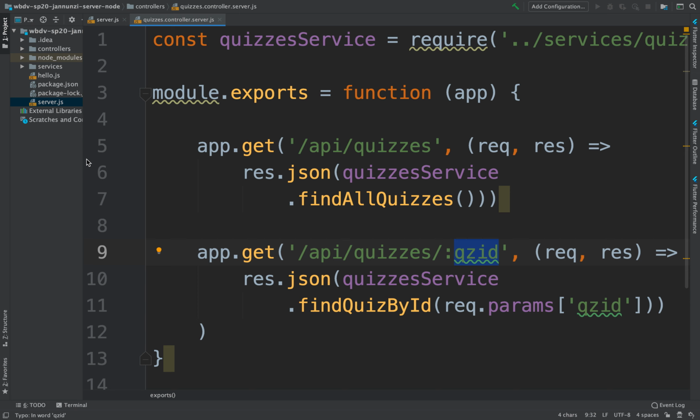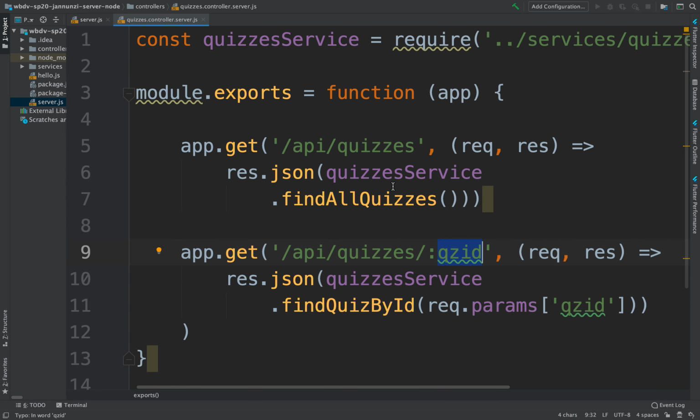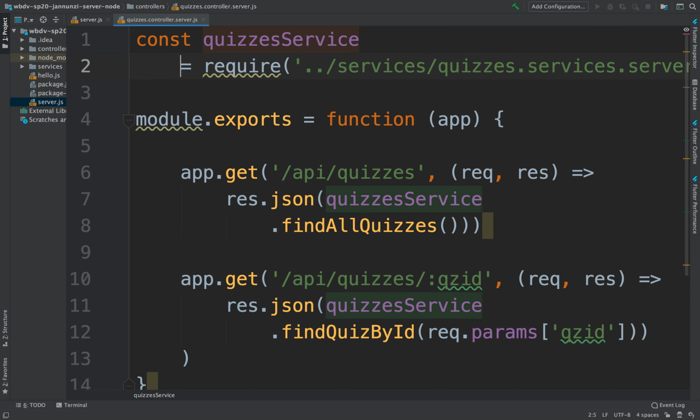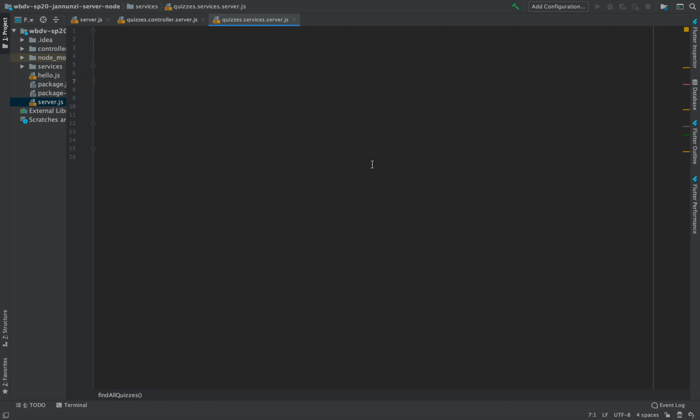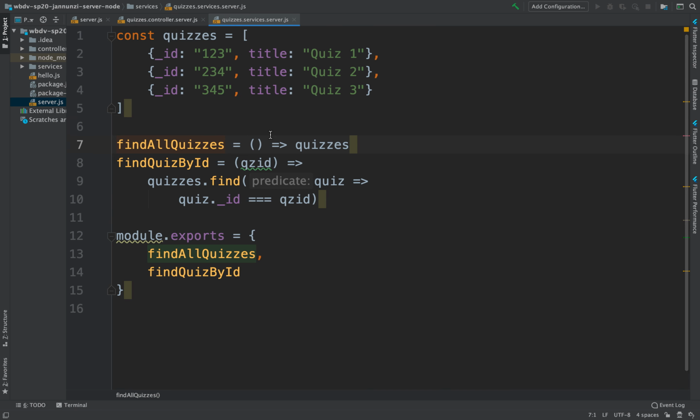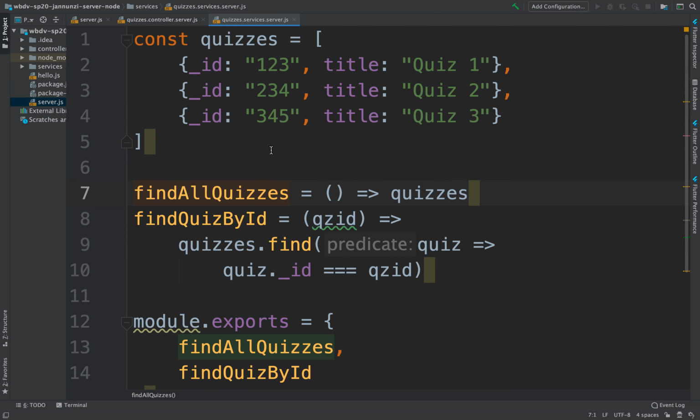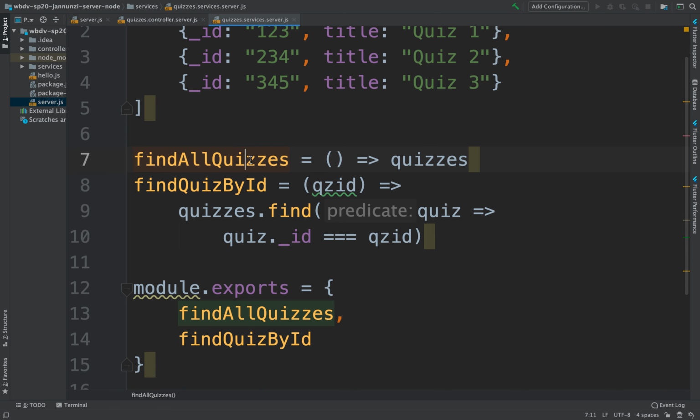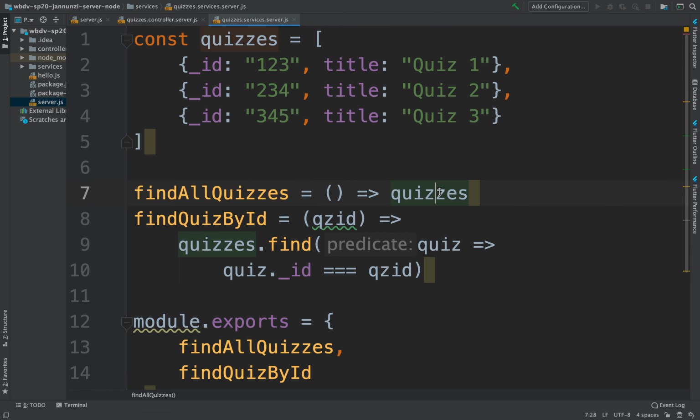Also, following some architectural design patterns, we encapsulated the access to the actual data in a service, and so here's a service implemented in a separate file, and that implements these two functions: find all quizzes and find quiz by ID. These were implemented in this file, quizzes services.js, where you have the two functions. One is find all quizzes, which basically just returns the array of quizzes, whereas this one just returns a single